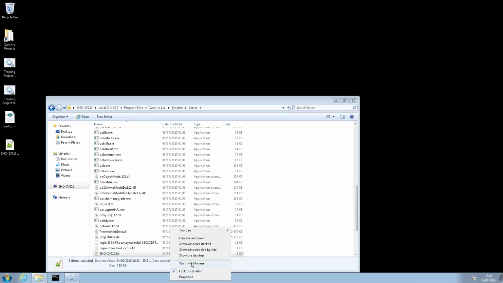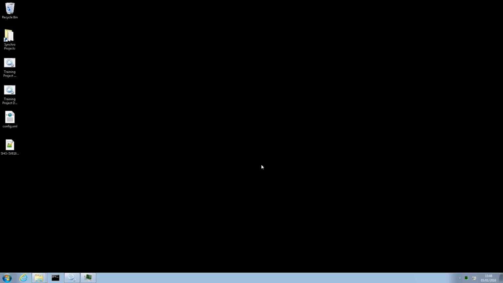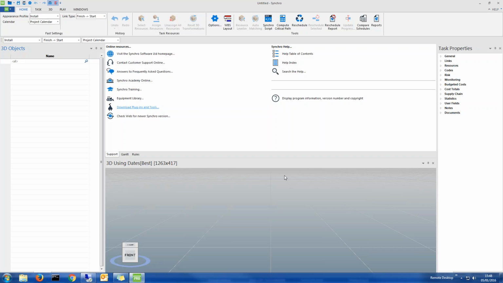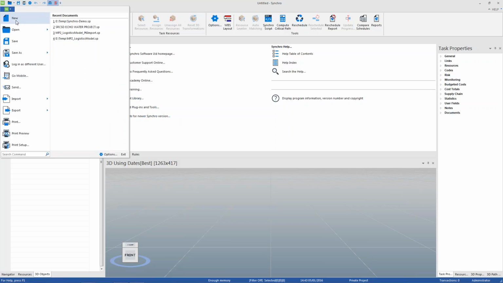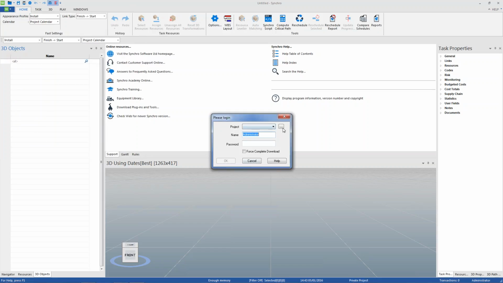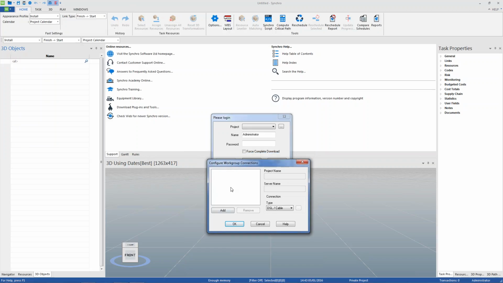You can check that the process is running in the task manager, synchroserver.exe running. Currently this is a blank project, and we can connect to Synchro Workgroup project from Synchro Pro. Open Workgroup project, three dots to configure. We'll add